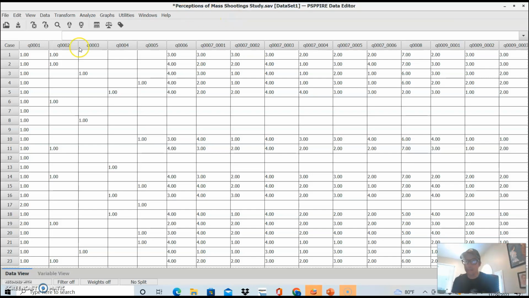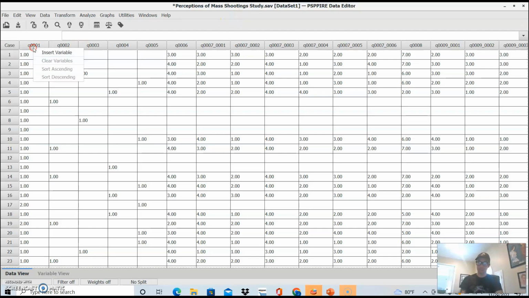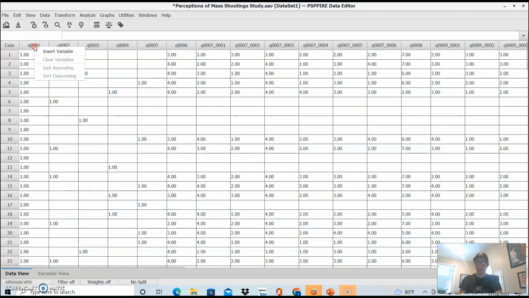So what I would suggest is I would come over here to this column. This is the consent column. Right click on it. Actually, why is it not letting me do that? Hold on, it should let me sort. Oh, it's not letting me sort. Usually it lets you sort the variable. I'm not quite sure why it's doing that. How very awkward. Oh well, anyway, what I can do, because it's not a particularly big data set anyway,